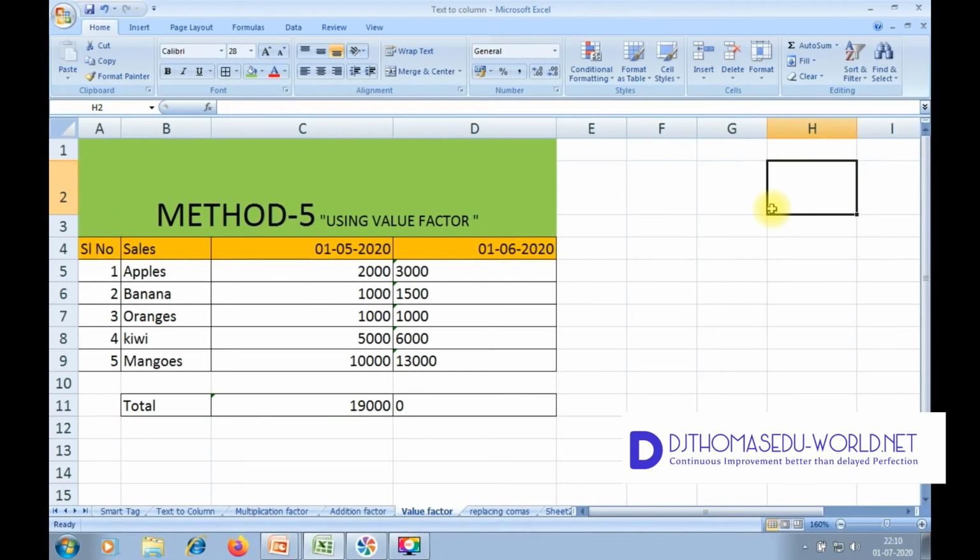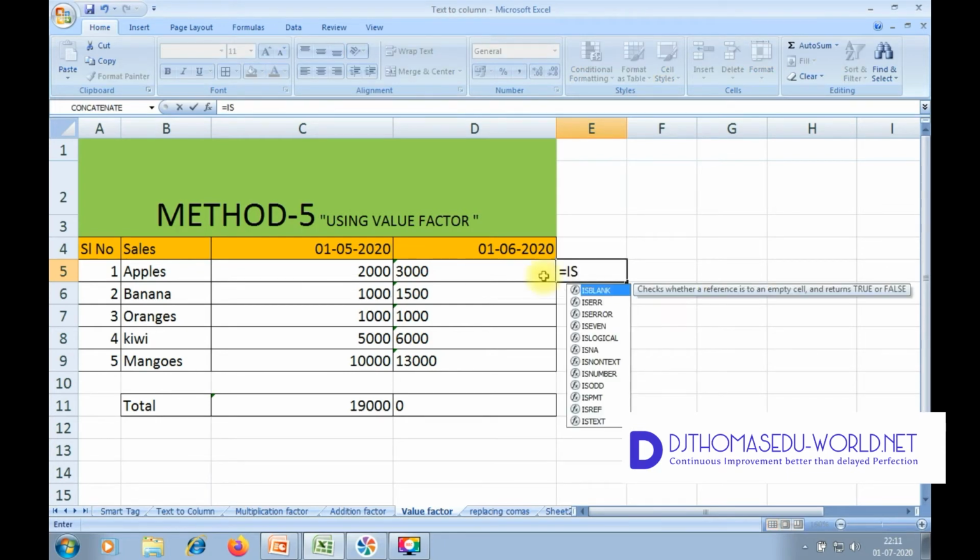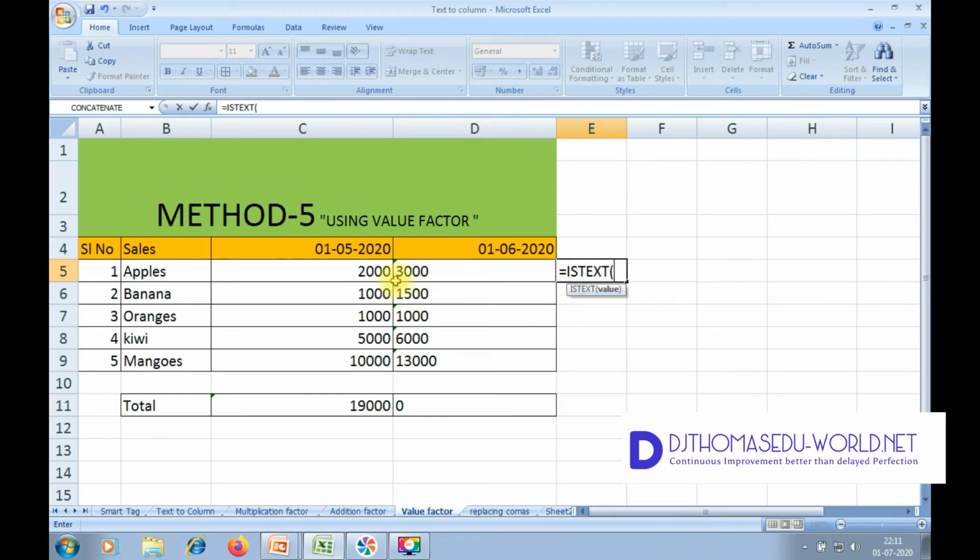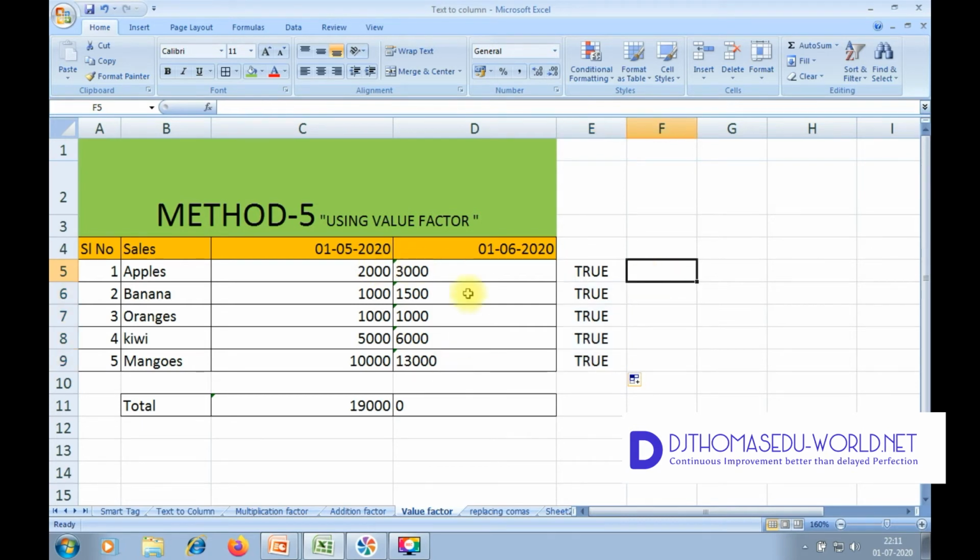The next method is the VALUE function for converting text to number. Here I will check whether the data is in text or not, equals is text. Click on the cell, give enter and propagate it down. Now I will use the VALUE function to convert these values which are text to numbers.